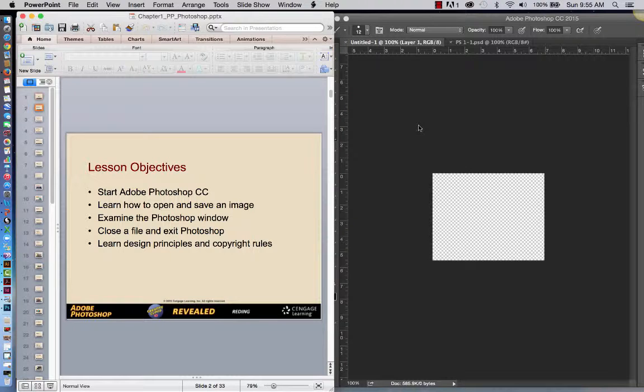So that's the intent. In chapter one, you're really just learning how to activate Adobe Photoshop CC, how to open, how to save an image. You're going to take a look at the Photoshop window in general, close a file and exit Photoshop. And then what I think is really good with this particular textbook is we also talk about overall design principles, and you'll learn some about copyright rules